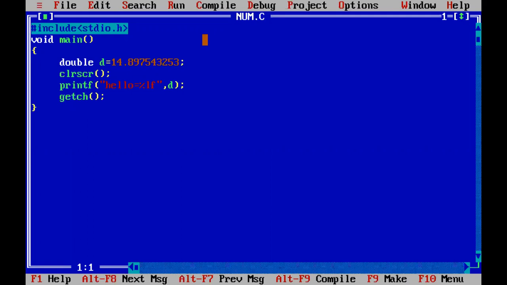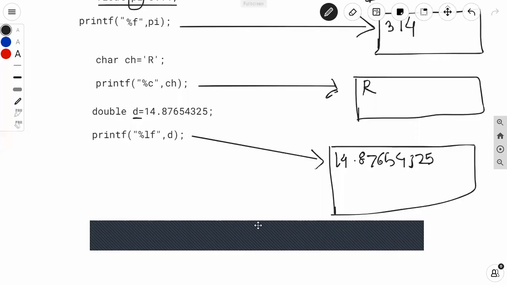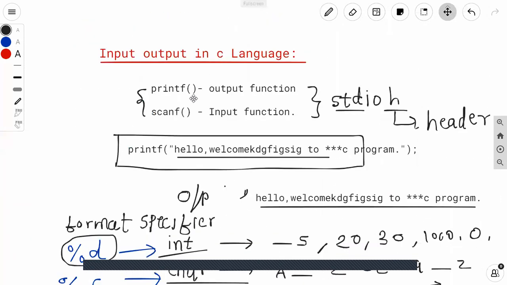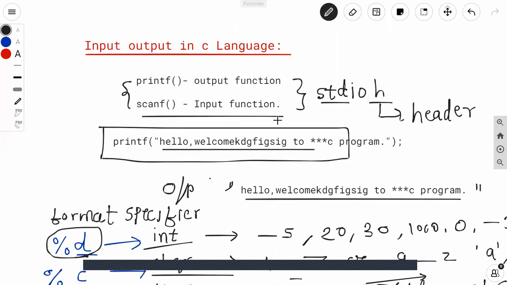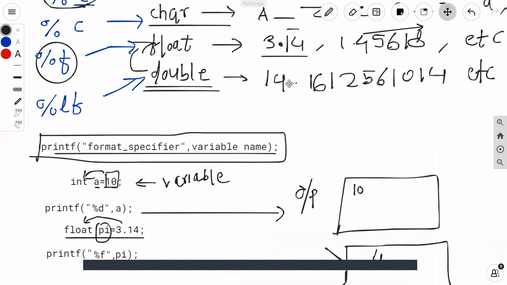ओके. So in this way you can use a printf statement for displaying the value of the variable and the string on the screen. You can display string on screen. Okay. Now we will see what is the use of scanf function. Okay. As we know that scanf is the input function. Scanf is the input function, means suppose we have to give the values from the keyboard, then we need to